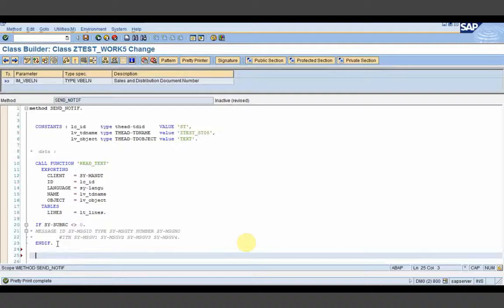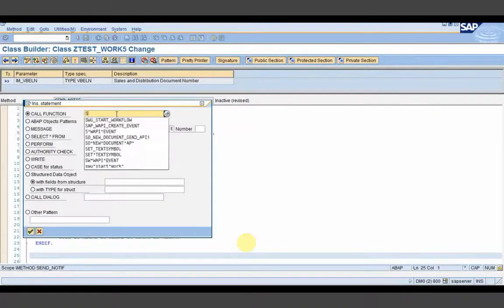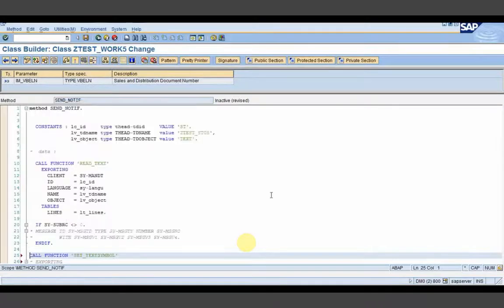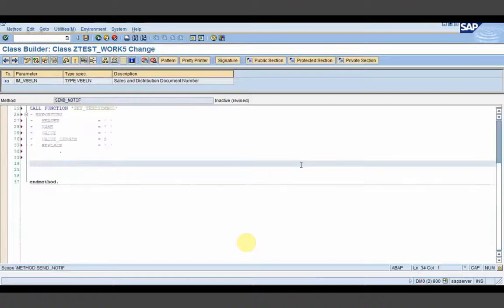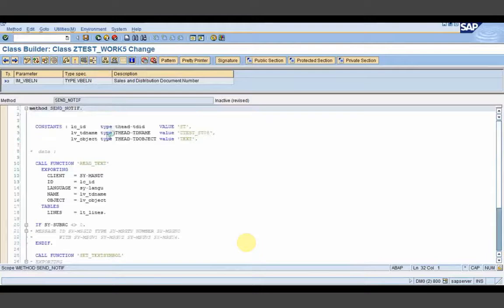That I have defined sales order as a dynamic value, so there I will set the dynamic value. So I will call one function module again, called set text symbol. Here in set text symbol,